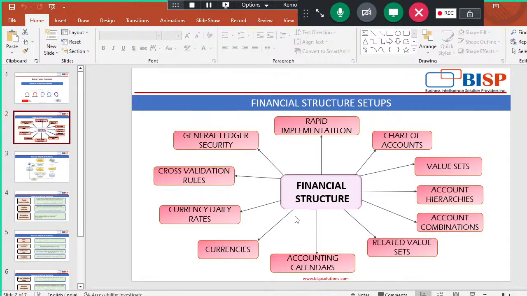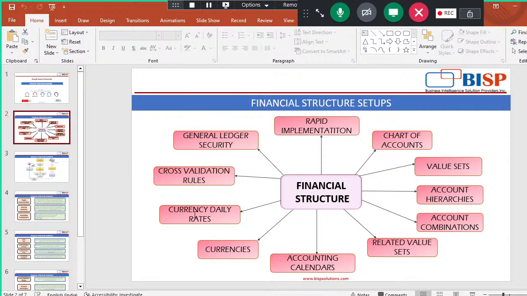And let's take a brief look today at all these setups and structures in this financial area. So what do the financial structure setups include? It includes rapid implementation, charts of accounts, value sets, account hierarchies, account combinations, related value sets, accounting calendars,